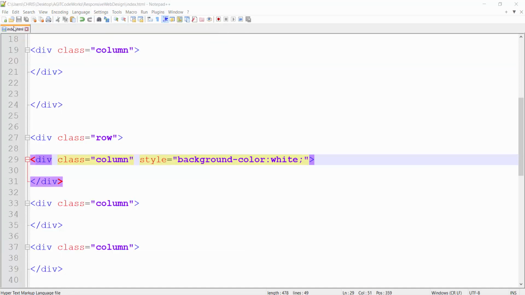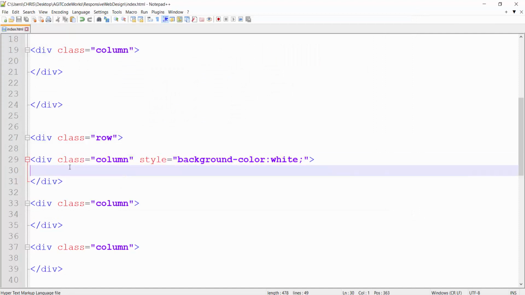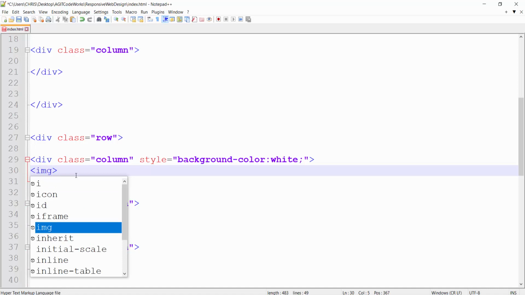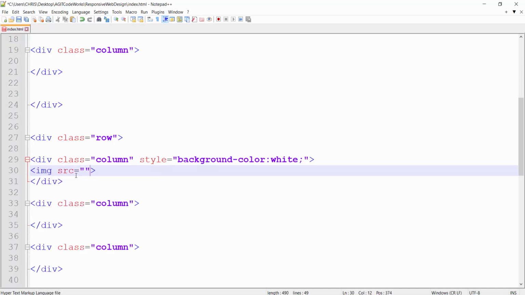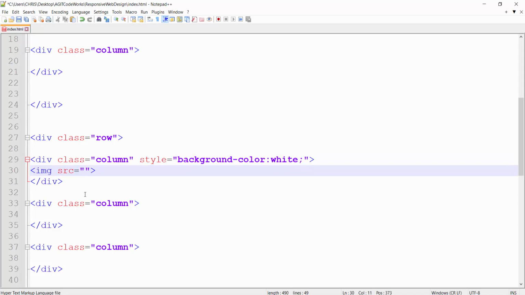So file, open, they are all in a folder here called products. So this is picture 1, P2, P3, P4, P5, P6, all in PNG format. All right, so the first image goes here. So we have an image tag in the first column, img src. So please, the img is the image tag for adding image to web pages. Now the src is supposed to be telling us where this div should find the image we are talking about. So I would say the image is in the products folder, inside it